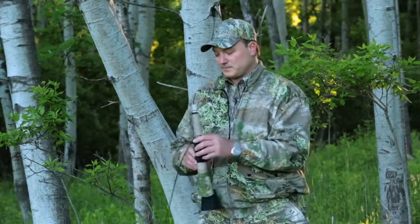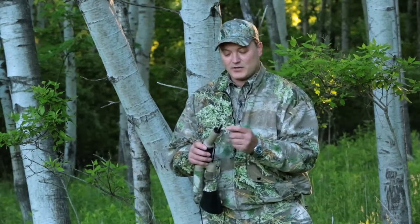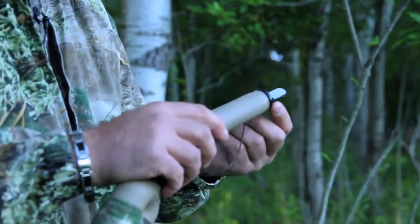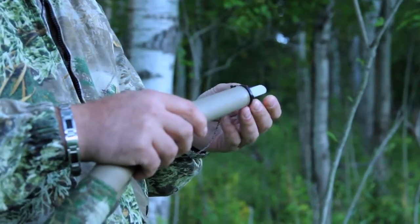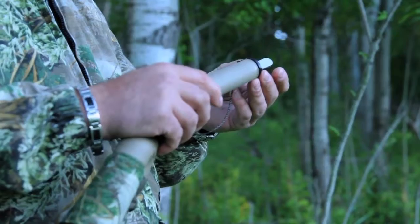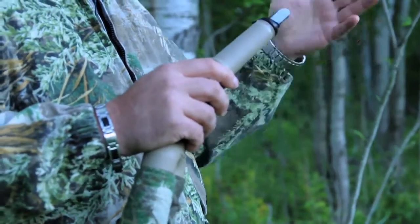The moose call operates generally off of the reed up here. The reed actually has 3 different positions positioned by this O-ring. In the middle position, this is the most common, and this is the base position for the O-ring for all calling to begin. So the first call that we're going to demonstrate is the contact call or the broadcast call